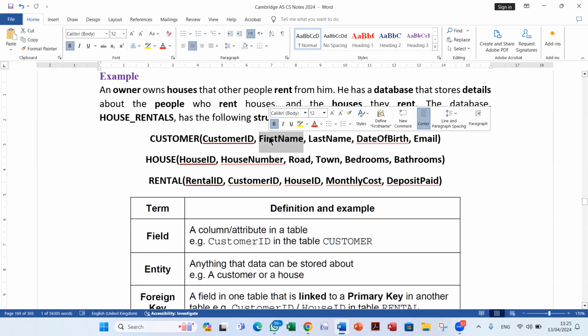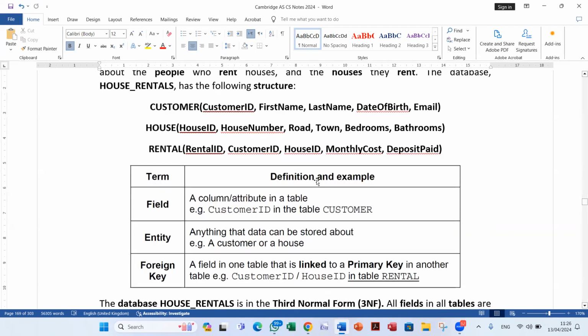The one underlined in black is the primary key. So customer: customer ID, first name, last name, date of birth, email. House: you have house ID, house number, road, town, bedroom, bathroom. Rental: you have rental ID, then customer ID and house ID. This is a very well designed database. I think it's going to be in the third normal form,